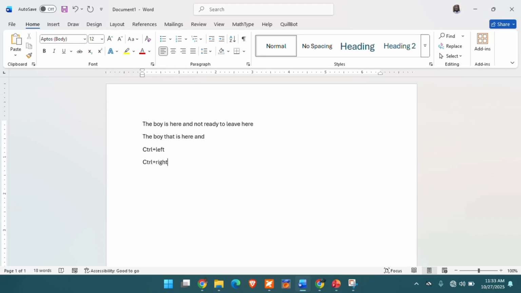But if I just use only the arrow key, I will be able only to move the insertion point in between characters, that is in between letters. But if I want to move it in between words, I will click on Control, then the arrow key, and you can see it is moving in between words. So you can use both the left arrow key, Control plus the left arrow key, Control plus the right arrow key. So that is another way of moving what? The